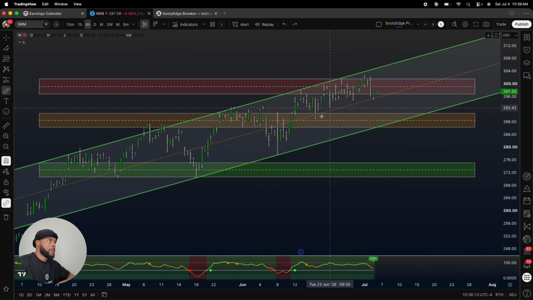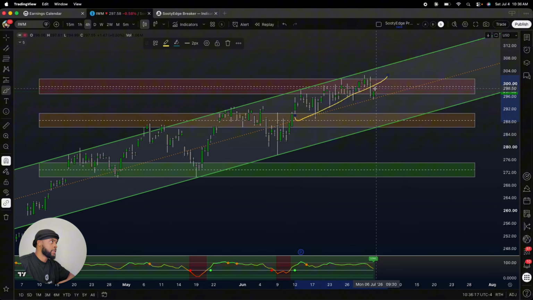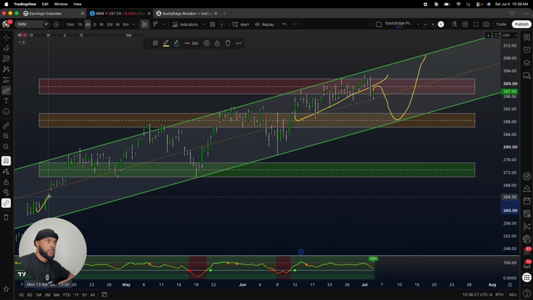This is the new week, but like I said, we have this small little trend right here, and you can see it broke this little trend inside of here. It broke it. Now I'm imagining it's going to retest, come to the bottom of this, and then move up, because this is what price is already doing. Price is already following this trend right here